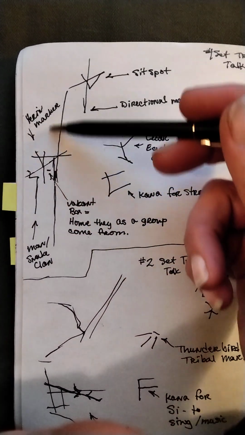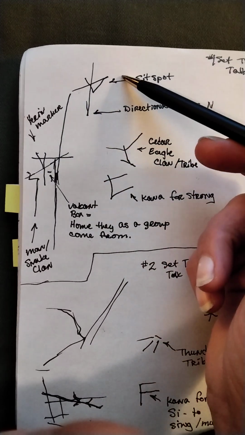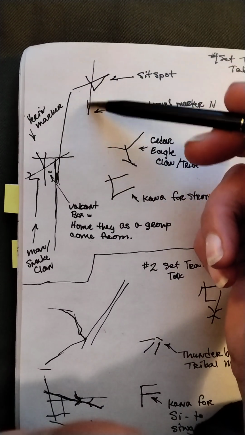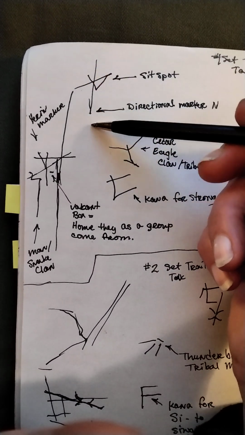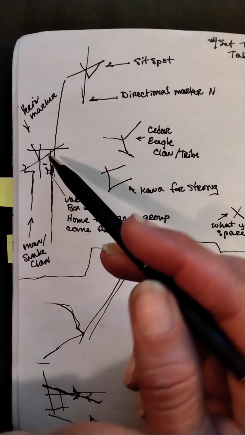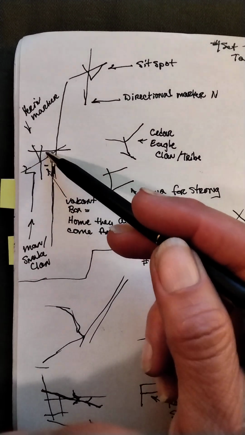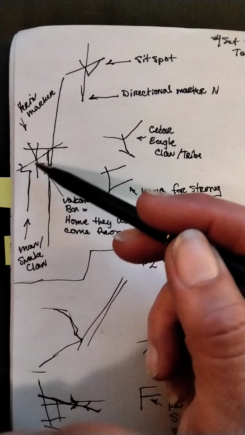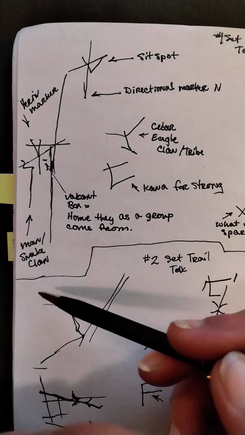So you've got the representation of the path. You've got a trail that goes off the side. Marker saying, hey, move through this blind from this angle. You have to head north. And then you've got the elements, the individual who's coming to hunt is the Yaren individual, Snake Clan.